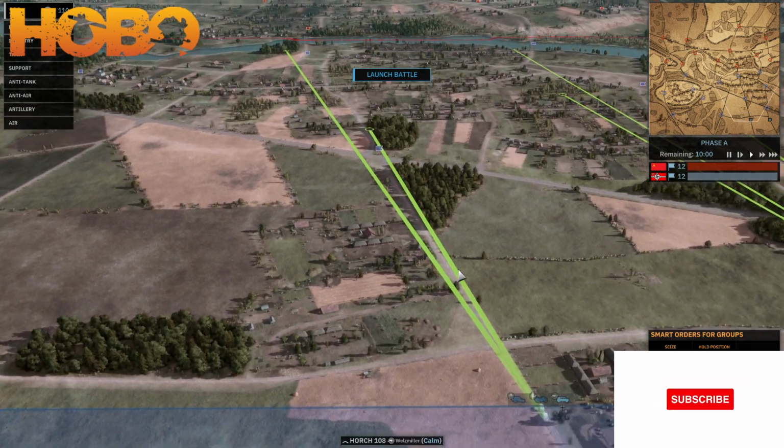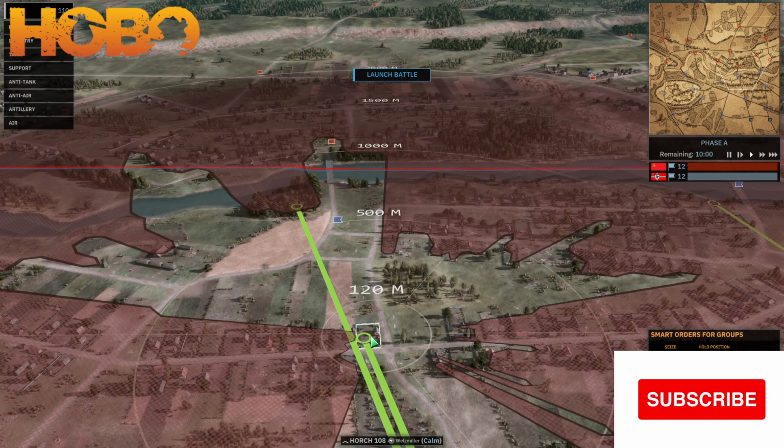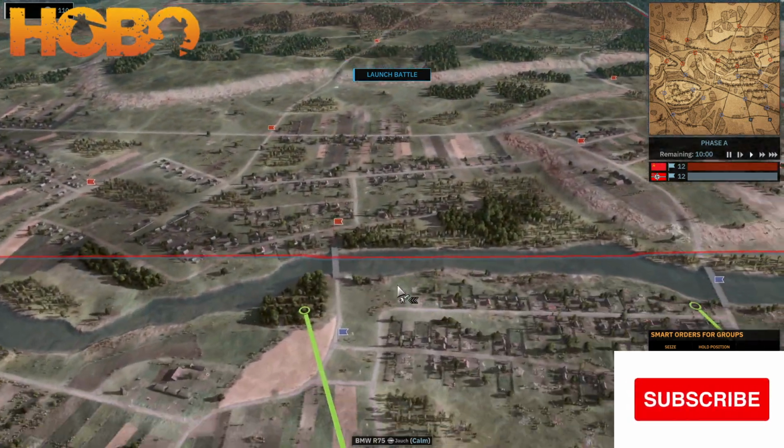And oops, there you go. And the machine gun will give it a direct approach here, because anyway there's not much that can shoot at it from the direction. And then just for a little extra protection, we are going to put a bazooka